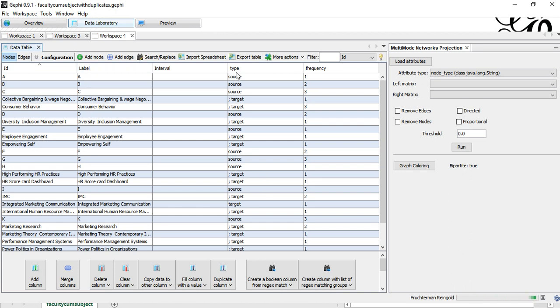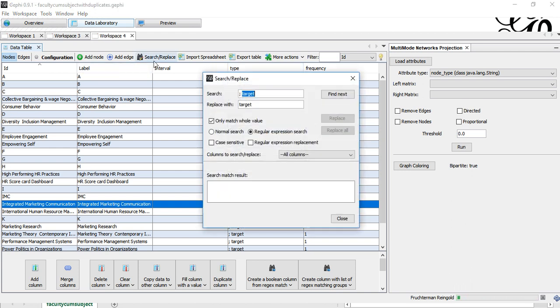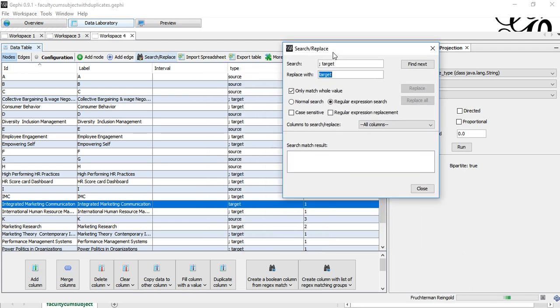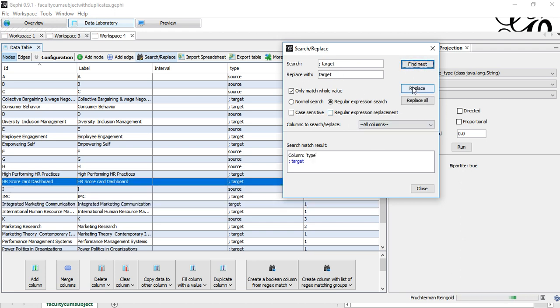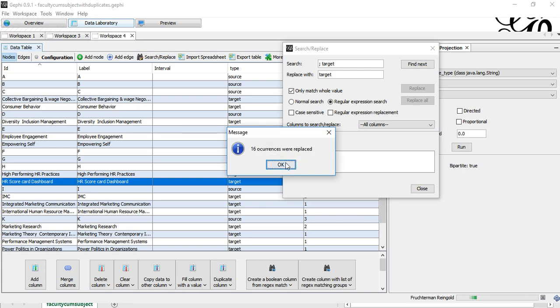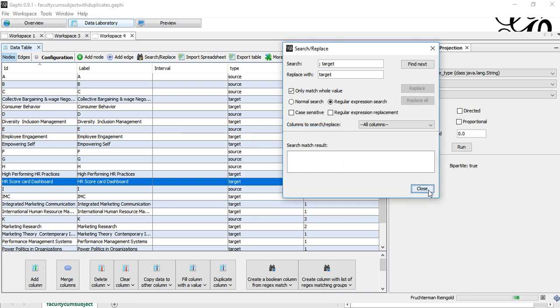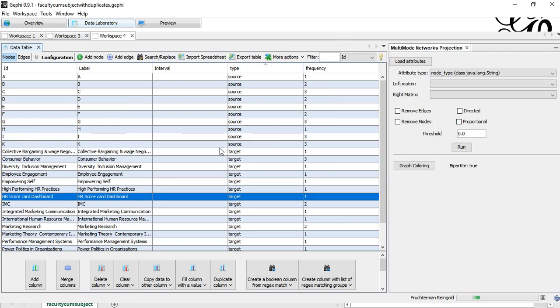I don't know, but by default this particular column has got "semicolon target" in target. I don't want that, so I say search and replace, and I say replace "semicolon target" with "target", because I have got just one source and one target. I don't want this semicolon target, I just want target. So I will say find next, and I say replace all. So it will replace all the occurrences of the target,